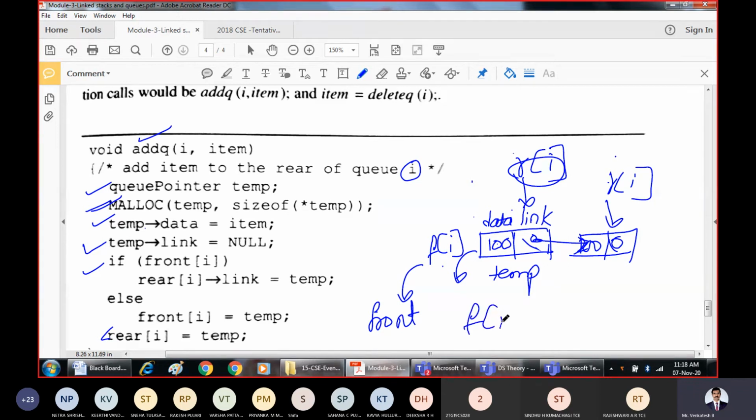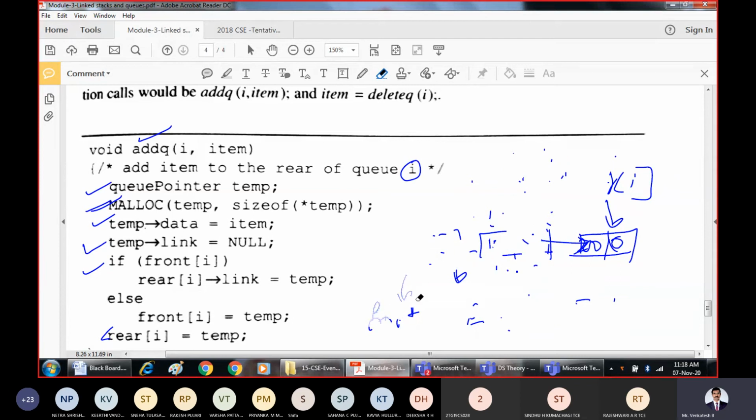That is, make f of I equal to f of I plus 1. That means just advance the front pointer to point to the next node. So delete this node, because now if you understand the logic, I hope the code working is not difficult for you at this point of time.